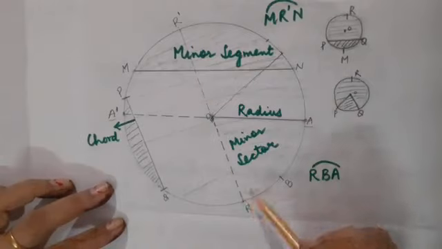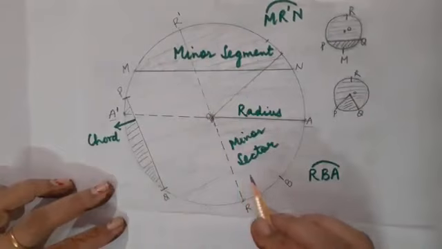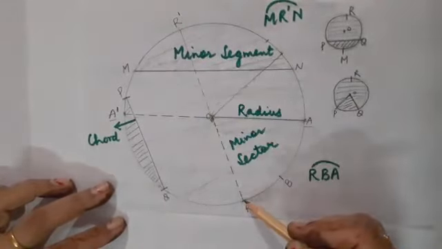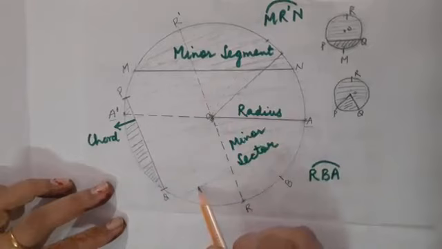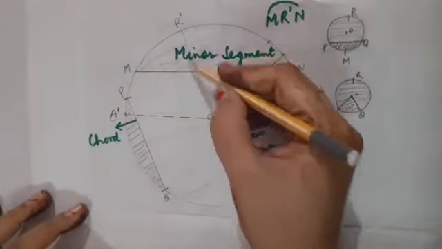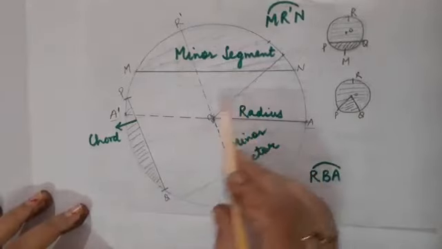Fine. If you draw millions of chords in this circle, you will always find that the length of the diameter is the longest of all. This is greater than all the lengths of the other chords. Clear? So one term related to diameter I am going to include, that whenever a diameter divides a circle, it divides it in two equal parts.